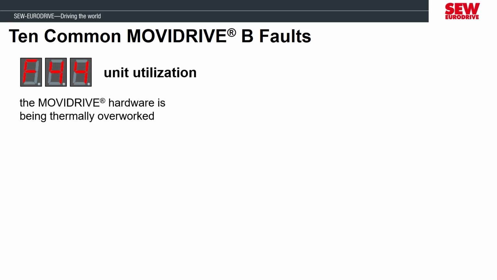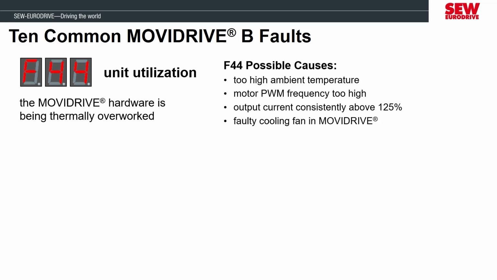The next fault can also be temperature related, and this is an F44 unit utilization. This fault is specific to the temperature and workload of the MOVIDRIVE and not the temperature of the motor. Things that can cause the MOVIDRIVE circuit temperature to be excessive are high ambient temperatures, such as an unconditioned electrical cabinet with a lot of other electrical devices producing heat, the motor's PWM frequency being too high, causing the MOVIDRIVE